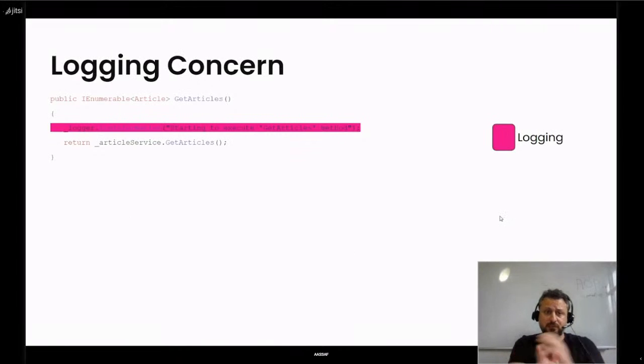If I take my base code of cart service, and I would like to add logging before calling the method of article service, we see on the screen the logging aspect in pink.